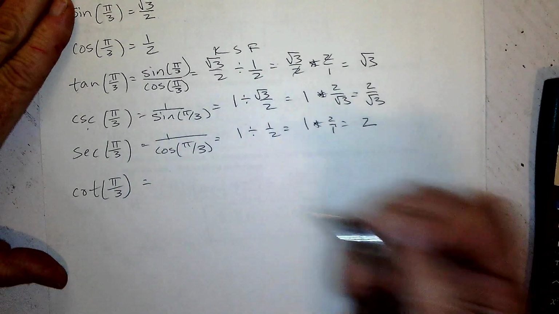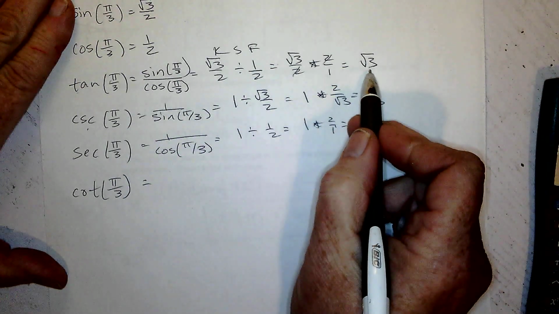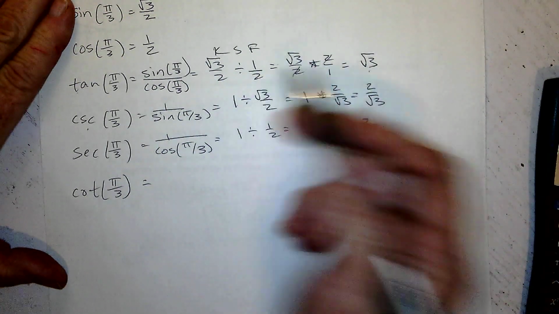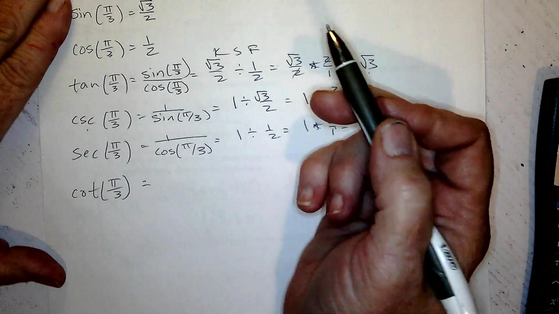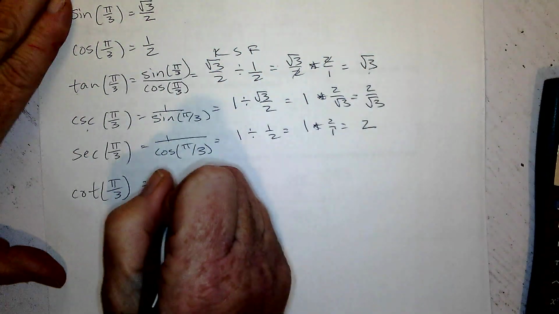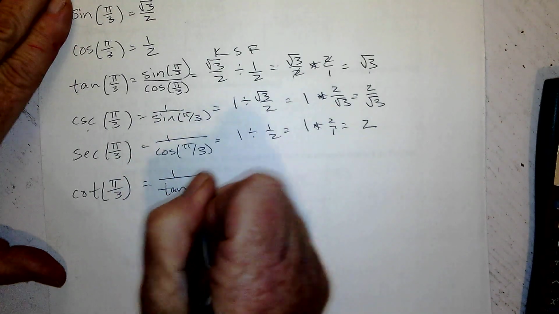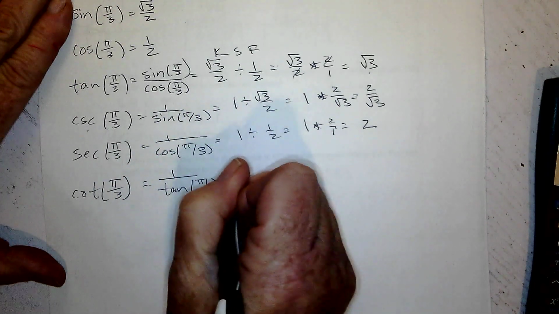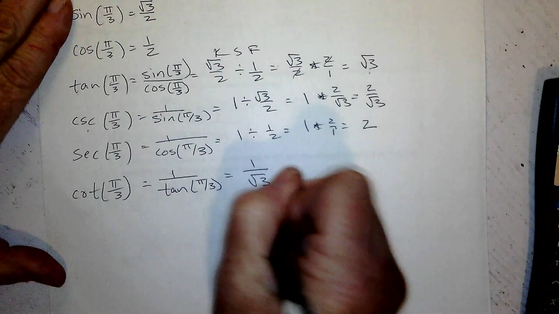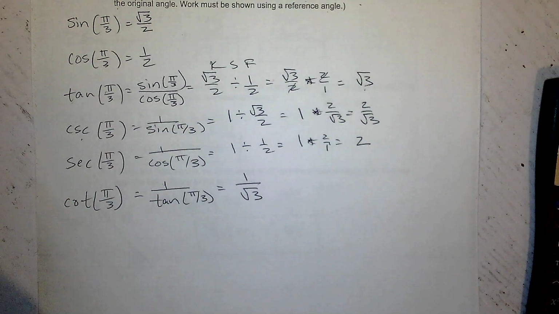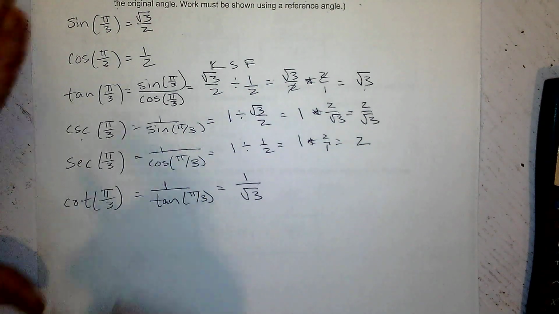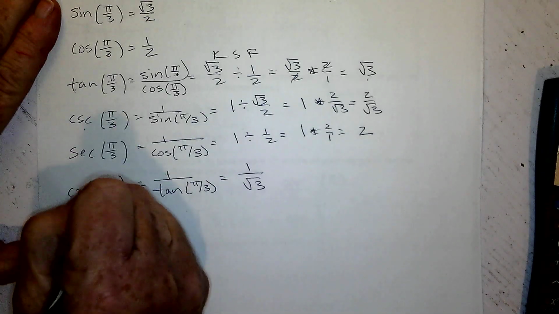Cotangent. You could do the reciprocal of tangent, which is totally cool, or you could do the cosine over sine. We're going to get the same answer, so I'm going to do 1 over tangent of pi over 3, which is 1 over the square root of 3. Okay, that is my reference angle work. Now I have to rewrite the same information, not all of it, just